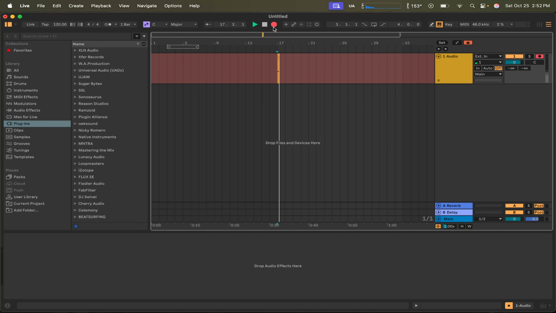Now when I click this, and I have the correct input channel selected here, in this case I have both 1 and 2 armed, I'll just have one armed, and you can see that my voice is getting recorded. It's getting recorded at a low volume right now, but it's still there. So I'll hit spacebar to stop the recording, and what we can do is in the bottom right corner, click